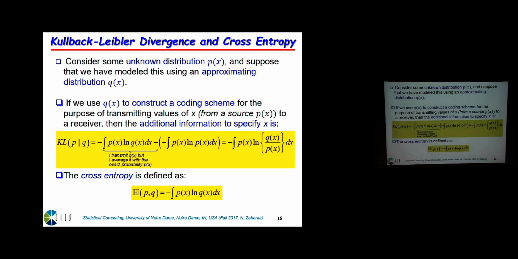All right. Now, one of the most fundamental definitions for everything in this course and everything in machine learning and Bayesian inference is the Kullback-Leibler distance between two distributions P and Q. There is an information theoretic definition that I'll give you here, but I'm going to go directly to why we need this and what it says. Okay. So let's say that you have a distribution P that is very complicated.